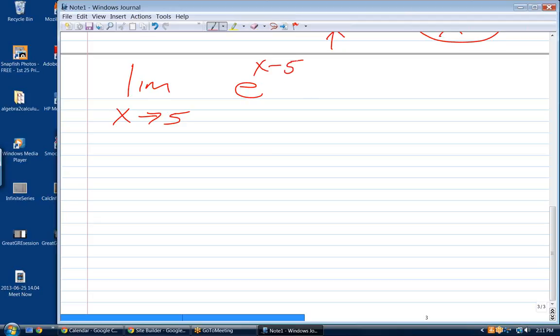With straight substitution, what do you get? 1. That's it. In other words, straight substitution always works unless you get an indeterminate answer like 0/0 or infinity over infinity or infinity minus infinity, something that can't be determined on its own. But in this case, a direct substitution, any number to the 0th power is 1,